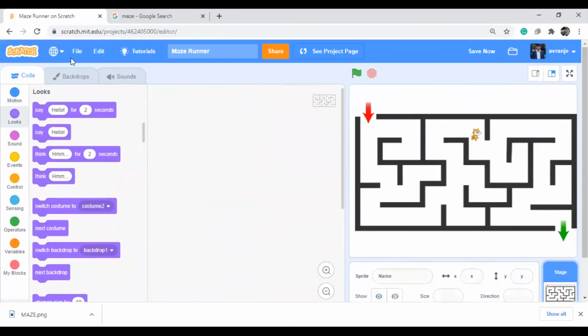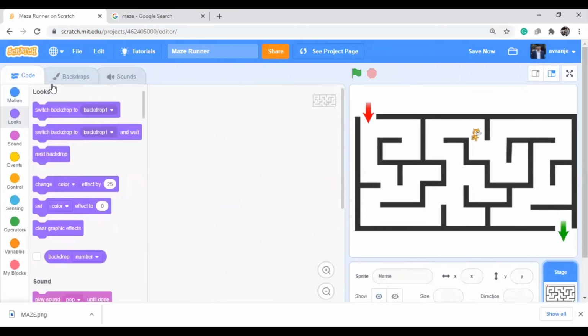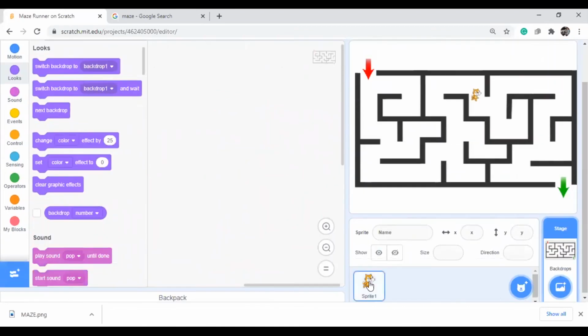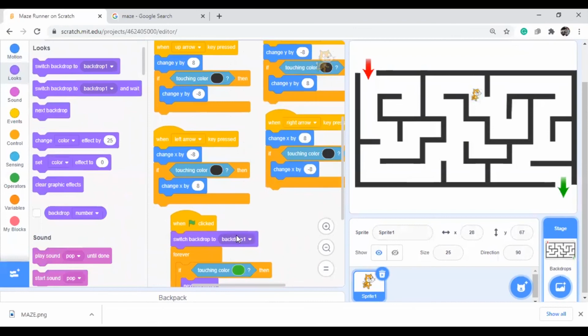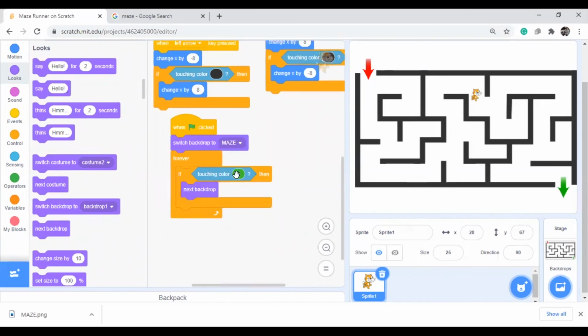So go to the stage. The backdrop name is maze and the other backdrop name is backdrop 1. So in the code you can write it. When you click on the flag, it will come to maze. When you reach the green color, it will change to the next backdrop, or else switch to backdrop 1.